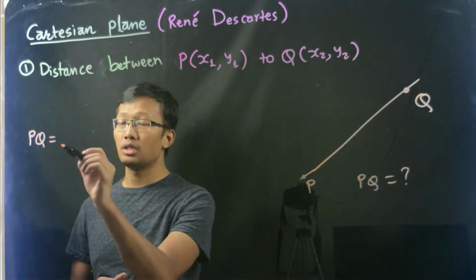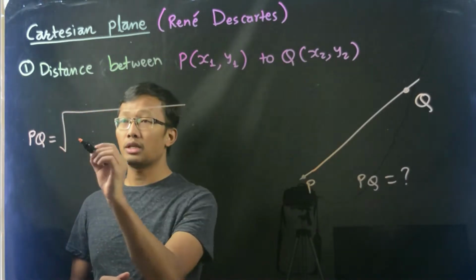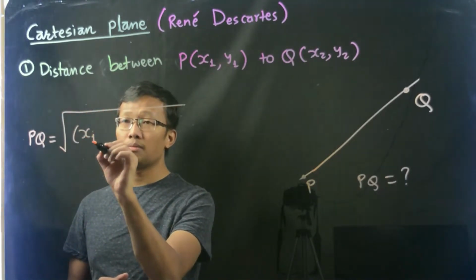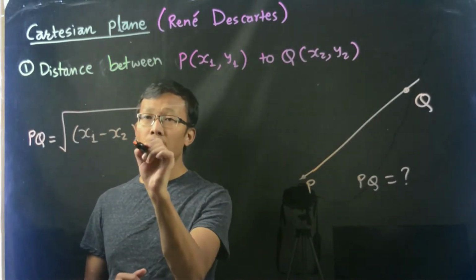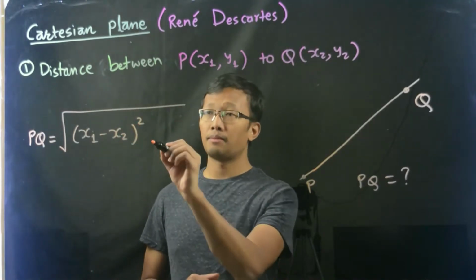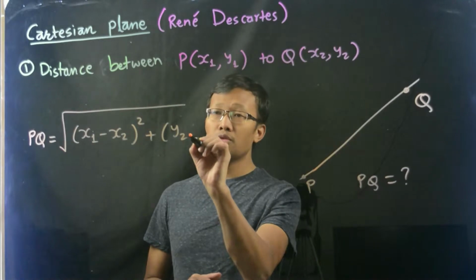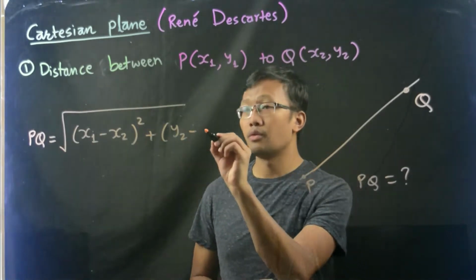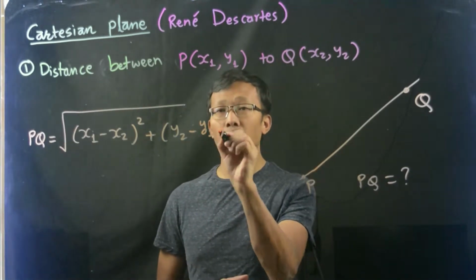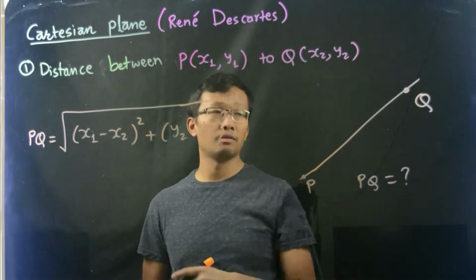The distance between these two is root under (x1 minus x2) whole square plus (y2 minus y1) whole square. Okay, now